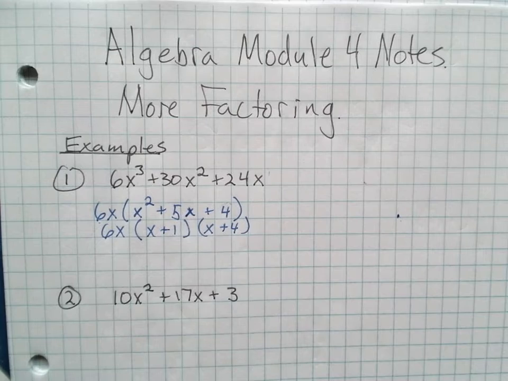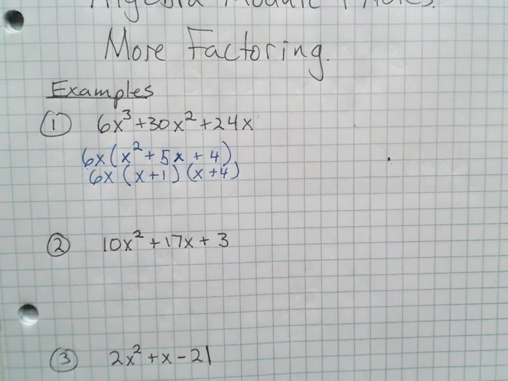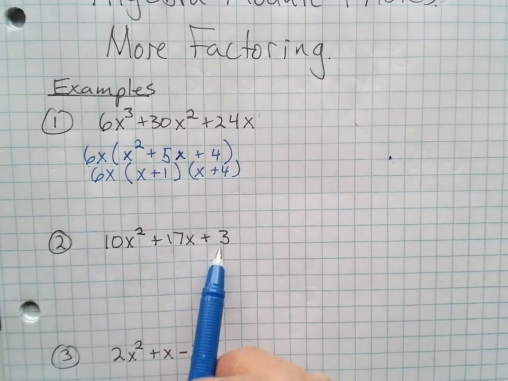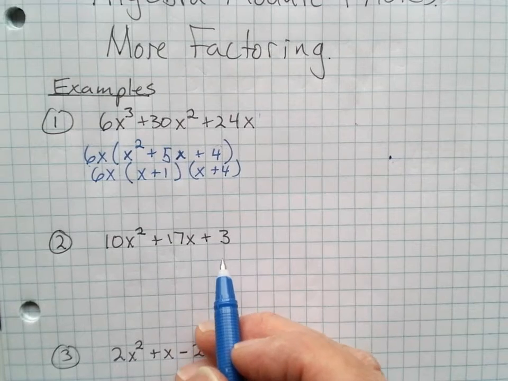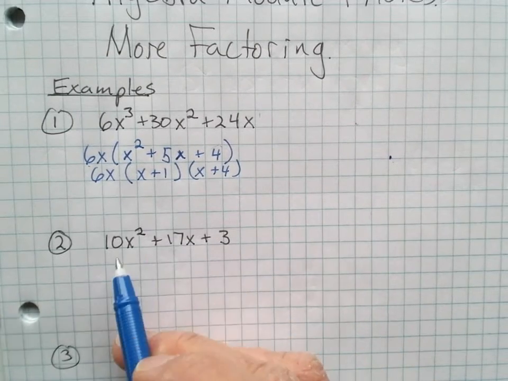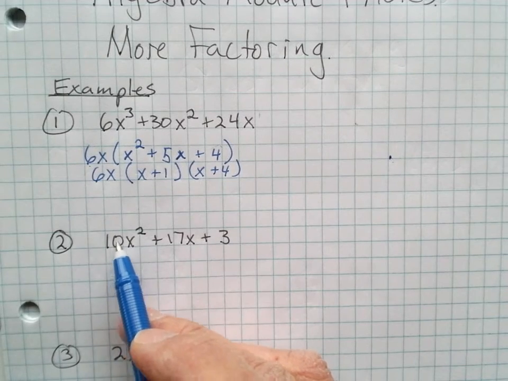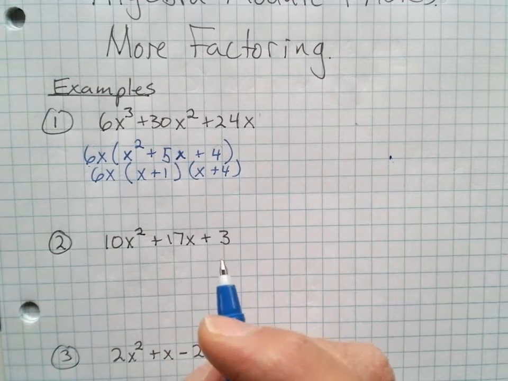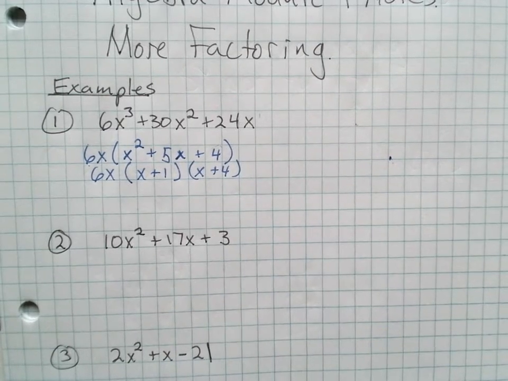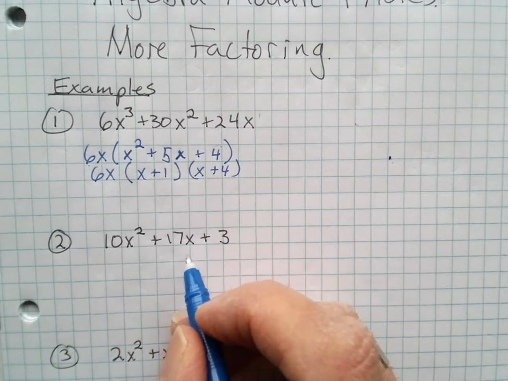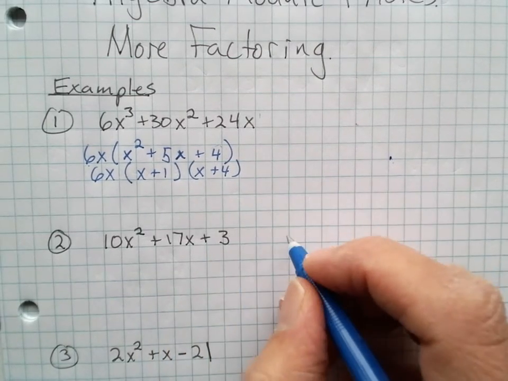So you're going to have something like that to work on in the Pearson work. The second example is a little bit different. This one, if you immediately look at the coefficients, or in this case a constant, there's no common factor. So we're kind of left with, oh my gosh, what is this? What do I do with the 10x squared? This is a little bit crazy. So what we're going to do here is break down this problem. It requires us to split this 17x somehow. And here's how we do that. We want to split the 17x